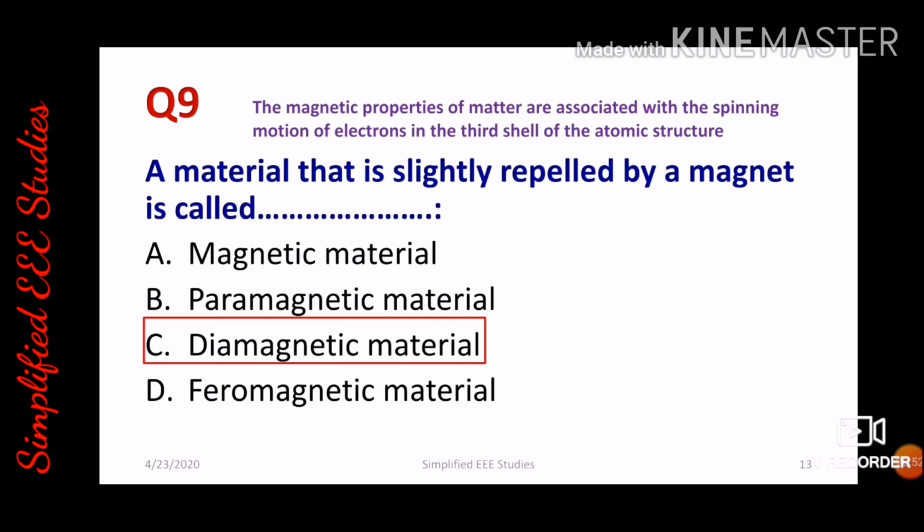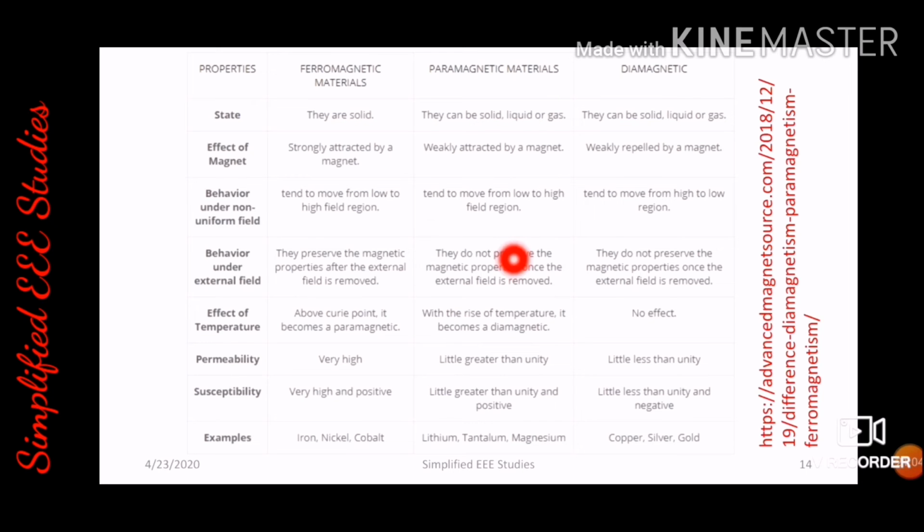It is a confusing area. So to get rid of the confusion, let us compare the properties of the three types of magnetic material. Let us move on to the next slide and clarify the classification. Magnetic materials can be classified as ferromagnetic material, paramagnetic material and diamagnetic material. In the first column, you can see different properties have been given. Let us look at the first property, regarding the state of existence. Ferromagnetic materials are usually in solid state, whereas paramagnetic materials are in solid, liquid or gaseous state.